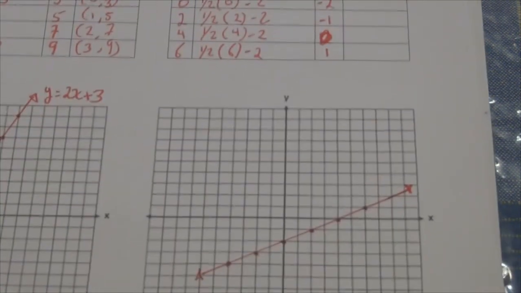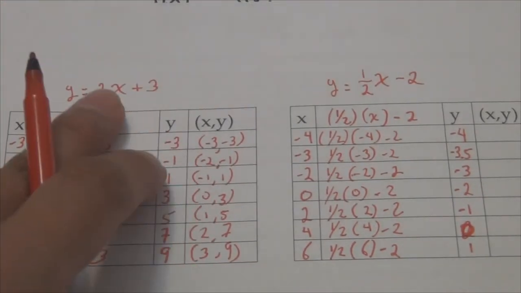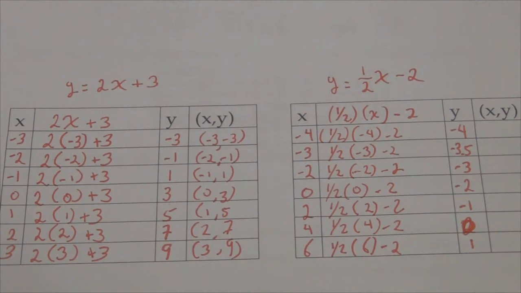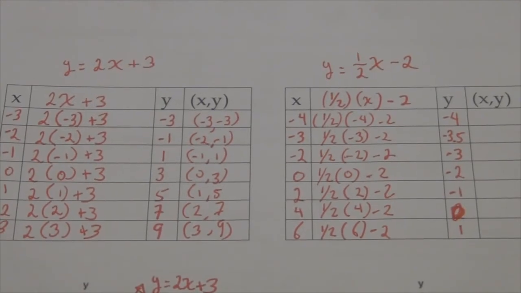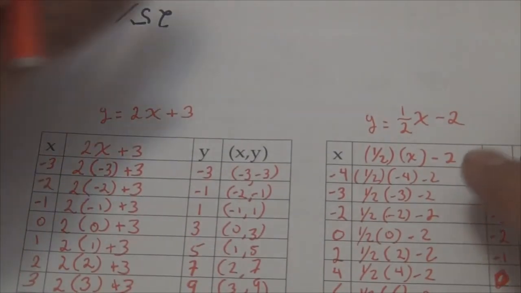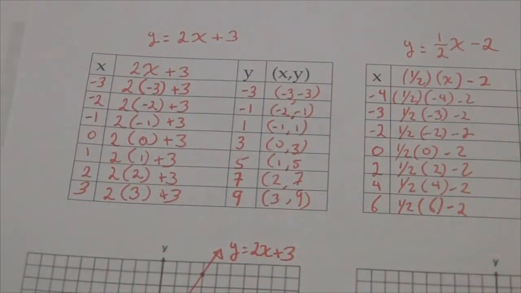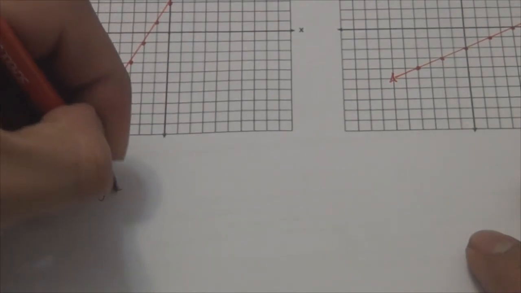Alright, so I'm going to stop right here. I graphed 2 of this, one with a whole number and one with a fraction. I'm going to stop right here because now we need to go into what it really means, the meaning of this equation. So, taking notes, when you graph a linear equation, the equation must be in the form of